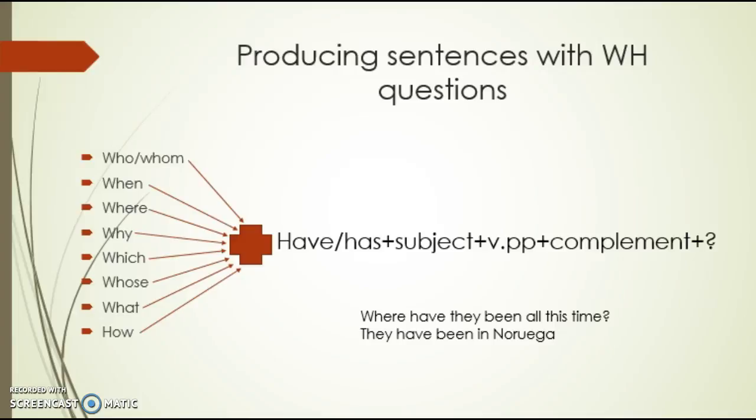And in the last part of the production stage of the class, we can ask the students to create free practice, a conversation they can create by